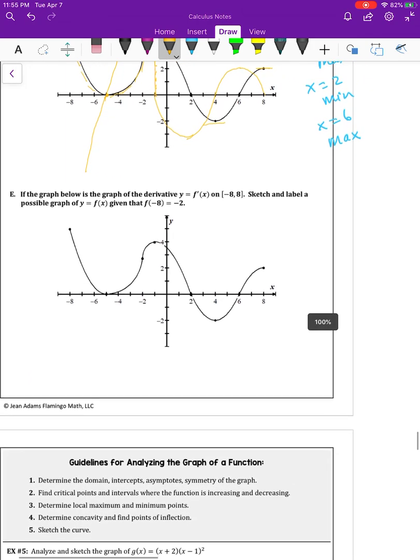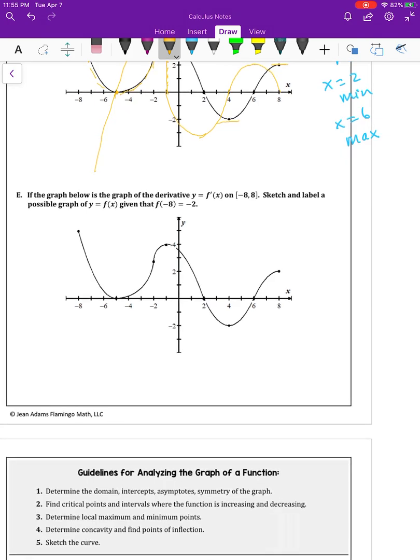For part E, if the graph below is the graph of the derivative y equals f prime of x on -8, 8, sketch and label a possible graph of f of x. So now we're going the opposite, and this gets so confusing. So bear with me here,